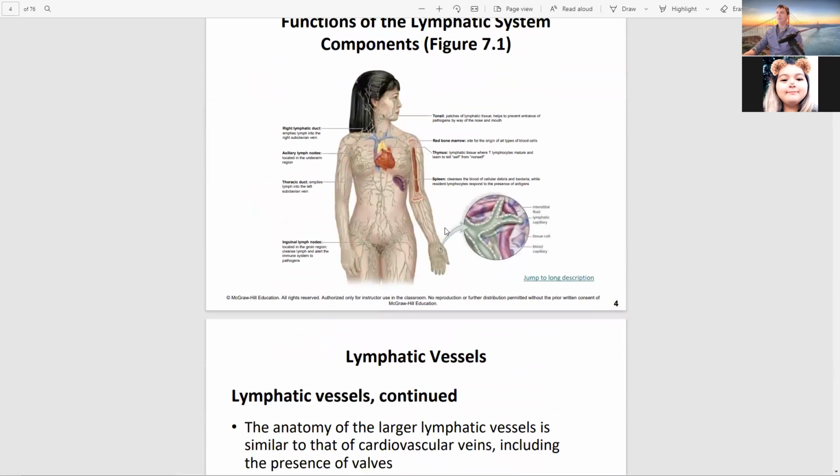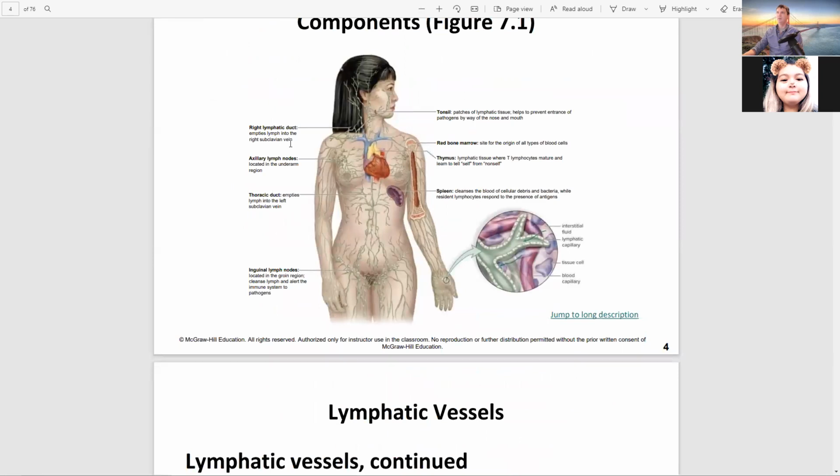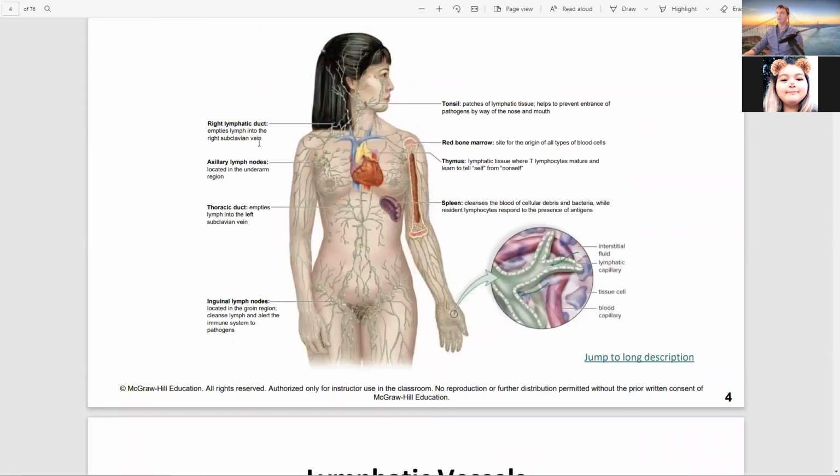So that's illustrated here. So we have the right lymphatic duct, which empties lymph into this right subclavian vein. We have the tonsil, which is a patch of lymphatic tissue that helps to prevent entrance of pathogens by way of nose and mouth. We have red bone marrow, the site for the origin of all types of blood cells. We have the thymus, which is a lymphatic tissue where T lymphocytes mature and learn how to tell self from non-self. We have the spleen, which cleanses the body of cellular debris and bacteria, while resident lymphocytes respond to the